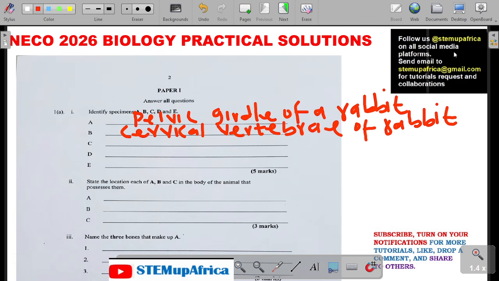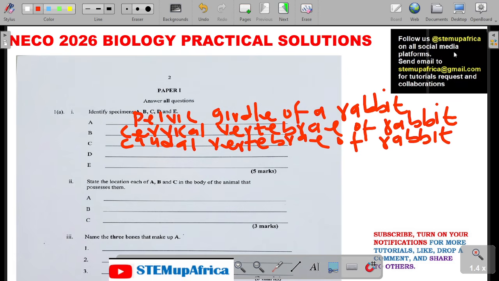Specimen C, we have the caudal vertebra of a rabbit. That's specimen C. Then specimen D, we have the transverse section